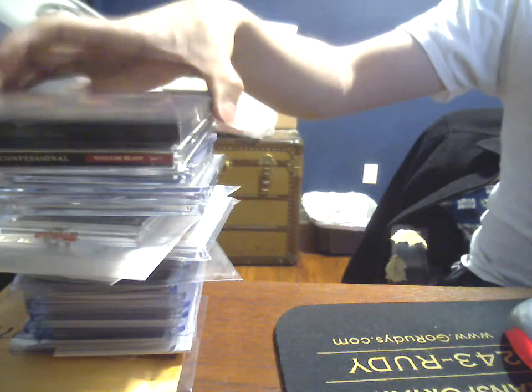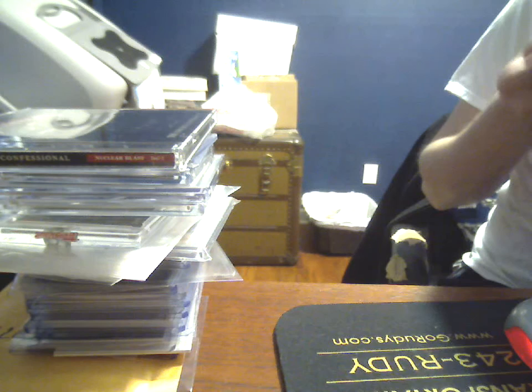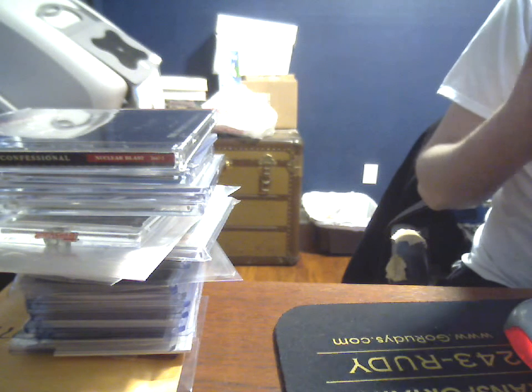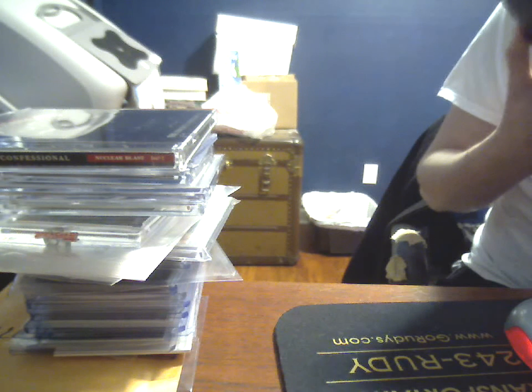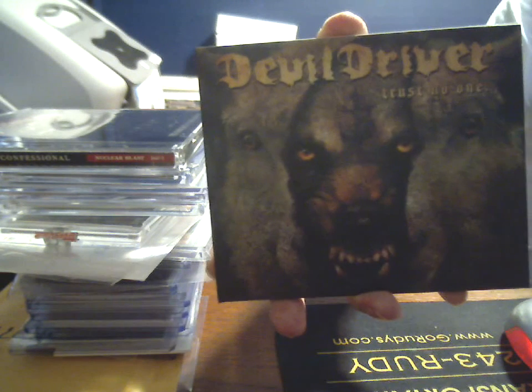Did a couple of pre-orders for some albums coming out this week, and they both showed up early. As you guys know, new release music days are now Fridays, so I got this one today. Devil Driver, Trust No One,